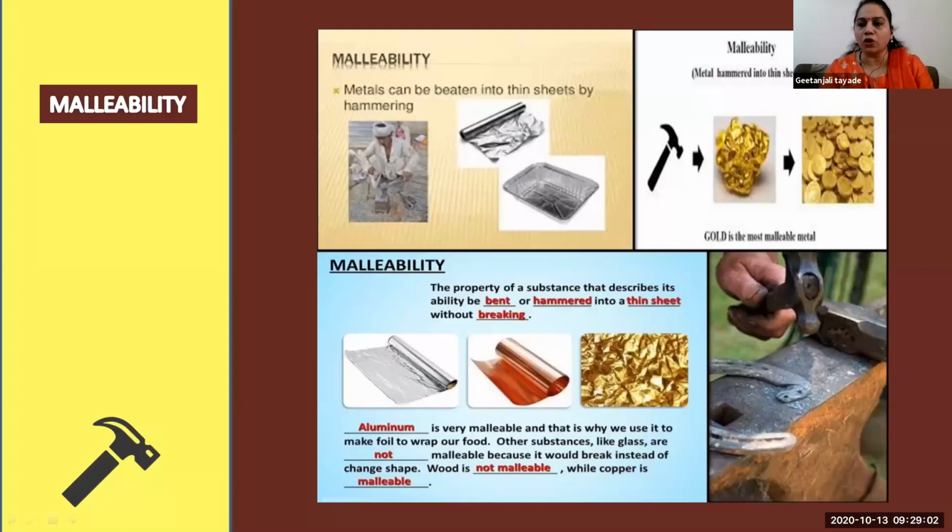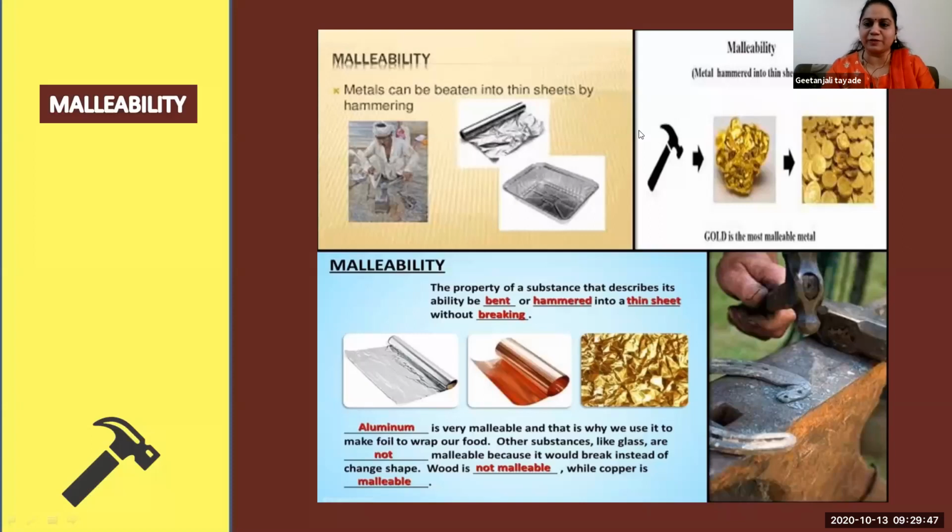If you took a chalk and tried to flatten it, or tried to make it into a shape, is that possible? No, ma'am. No, teacher. Chalk has which property? Just now we saw chalk has which property of a substance? This chalk has the property of brittleness. Very correct. Chalk has the property of brittleness because it is easily breakable.